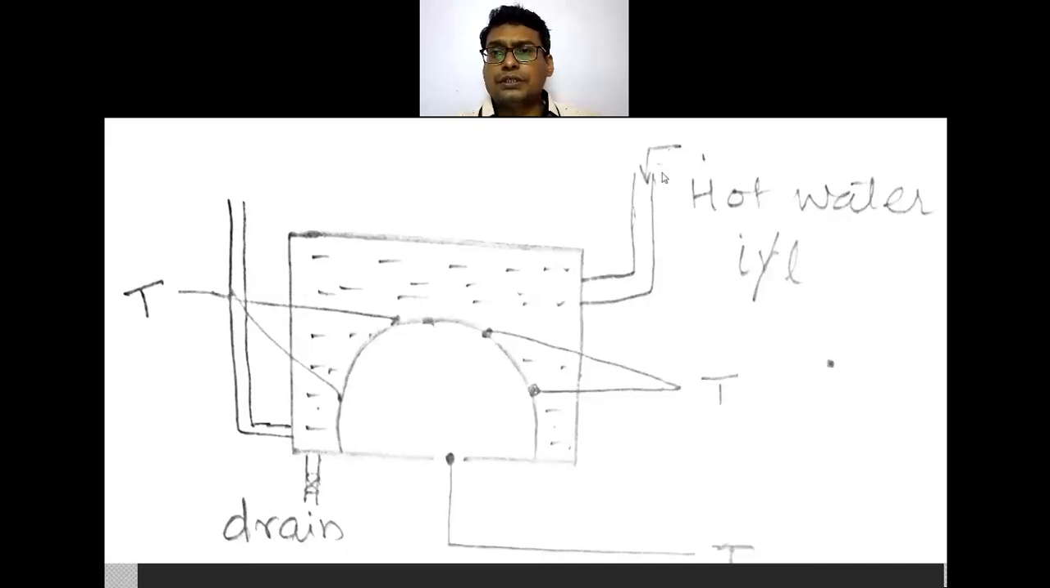In this radiation experiment, the Stefan-Boltzmann apparatus is provided, with which we are going to calculate the Stefan-Boltzmann constant. This is the simple apparatus shown in the figure. The hot water comes inside the annulus section of a black body, black surface, and by the radiation of this black surface we are going to calculate the